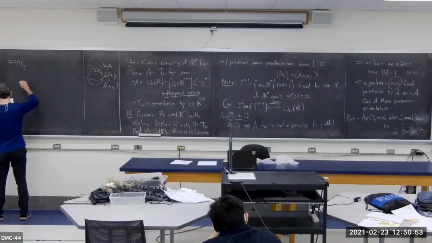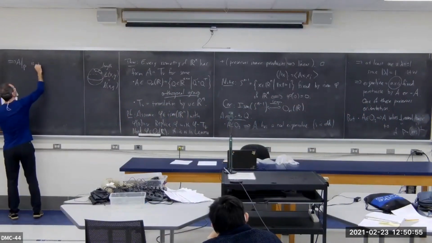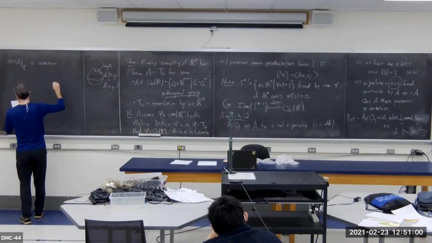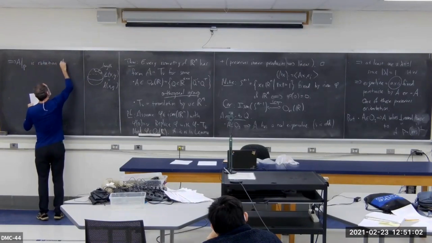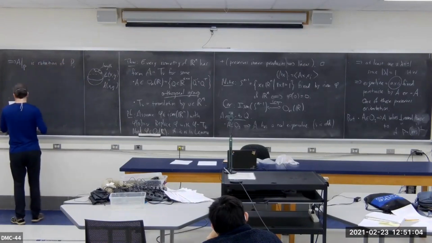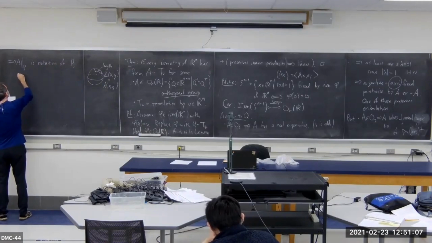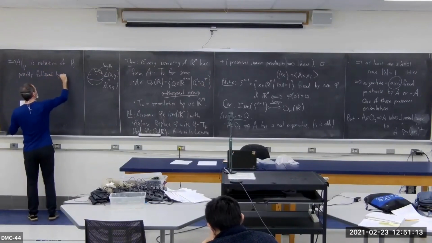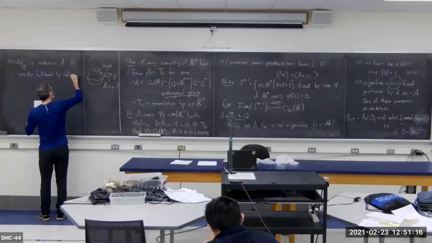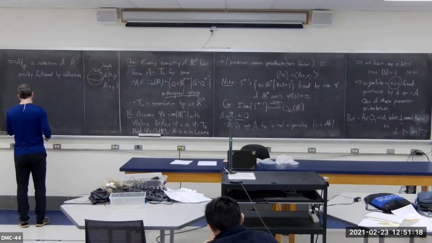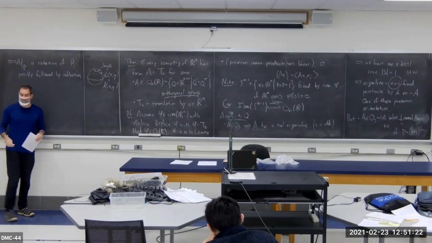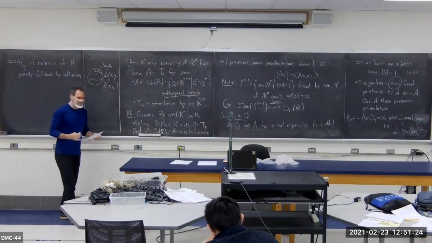So that means that A restricted to P is a rotation of P, and then possibly followed by a reflection of P. Right? So if you think about what orthogonal transformations of the plane look like, now you're just taking